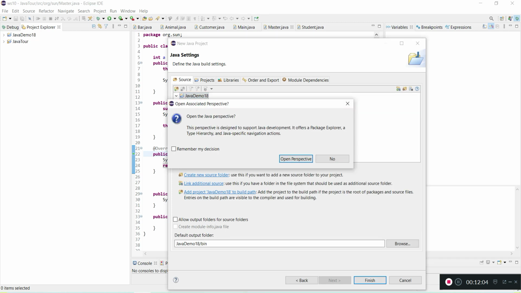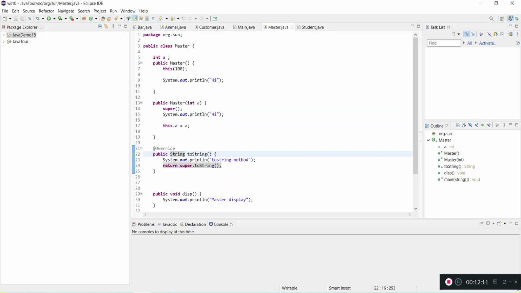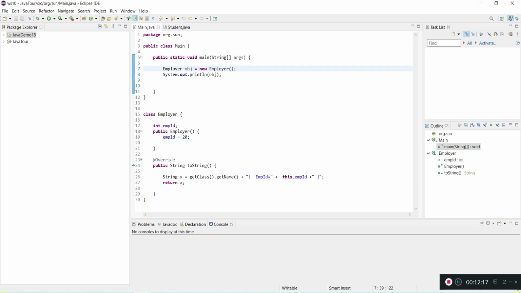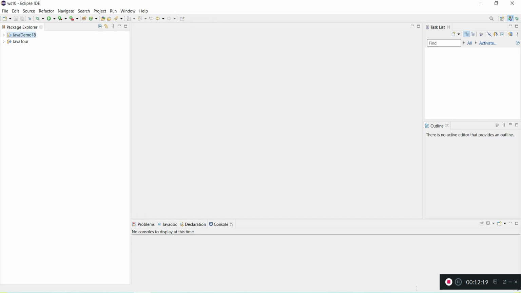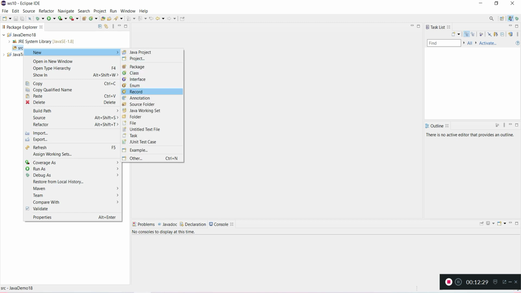and finish. Yeah, open perspective. Okay, it is opening in this perspective. Close all these windows which are not relevant for us. Yeah, I'm opening this Java demo project and in source right click and create new package.